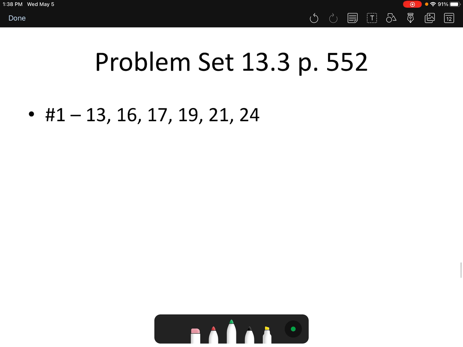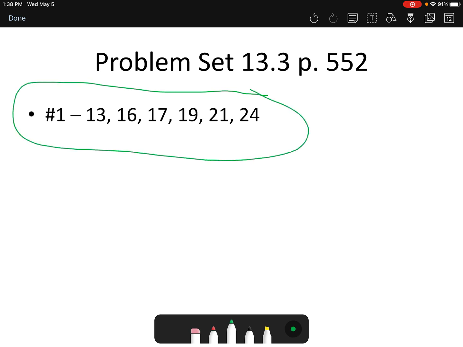So our problem set, our final problem set of the year, is found on page 552, 1 through 13, 16, 17, 19, 21, and 24. Complete that and please work on your